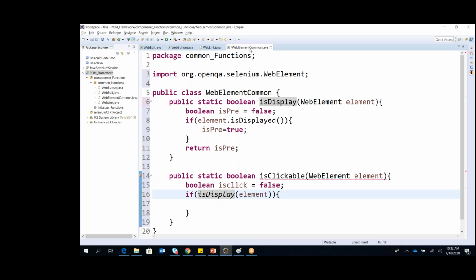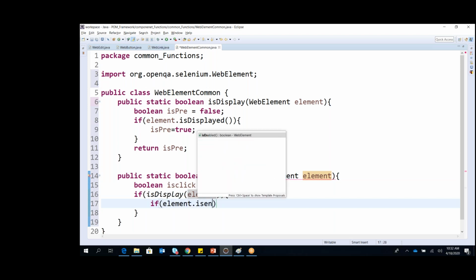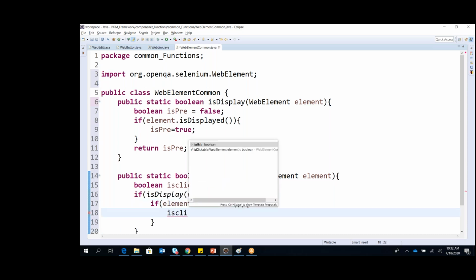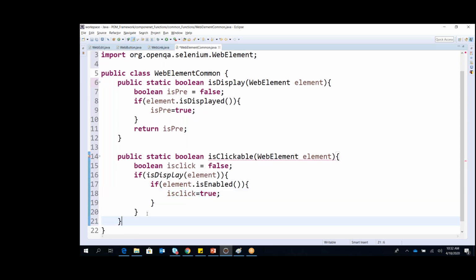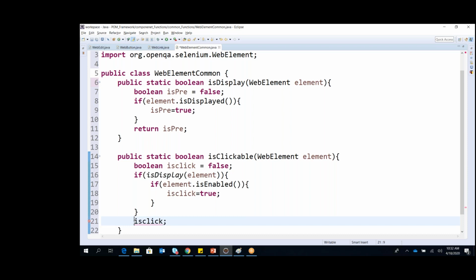So we check here whether it is displayed. If it is displayed, this element, which is my input parameter, then only will we go within it, and then we check whether that element is enabled. If it is enabled, then we say isClick equals true. If it is enabled, that means it is clickable, then only we set the value true, and then we return isClick, and this is my return.